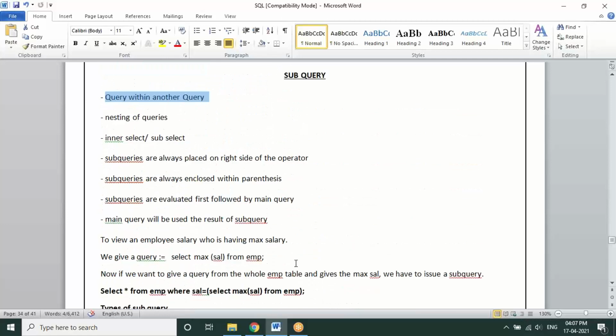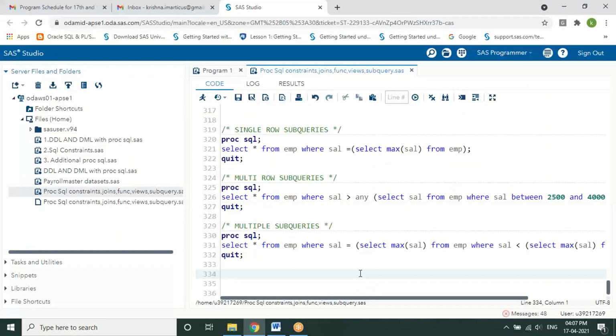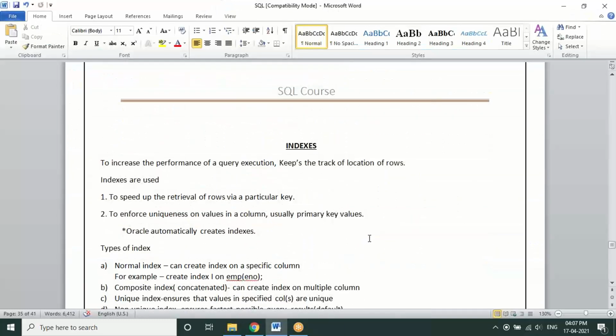So this is something related to the subquery which you can understand. Right guys? Clear? With this we are done with the SQL concepts on SAS. In the document which I'm providing, there are some additional concepts in SQL, like indexes, synonyms, sequences, which we cannot work on in SAS at all. Indexes and creation of indexes are simple, so you can just refer to that for more understanding.